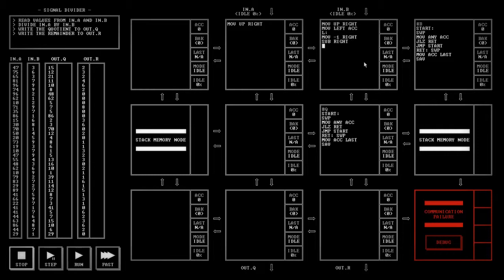And then jump if our number is greater than 0, because in the case where it evenly goes in, the number could be 0. So that we're looking at the remainder right now. If the remainder is greater than 0,